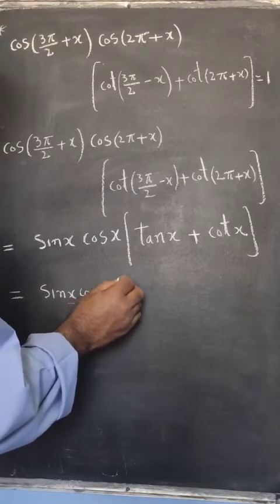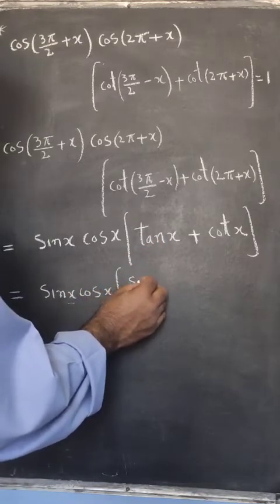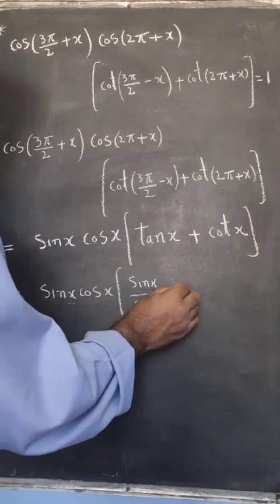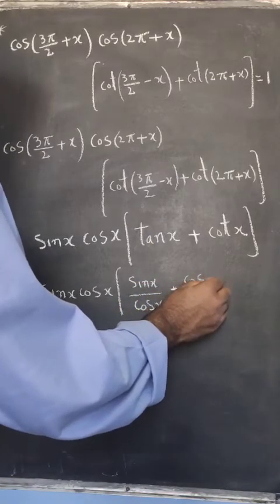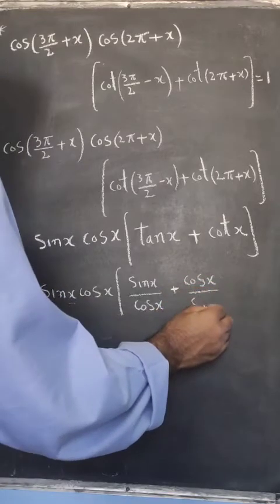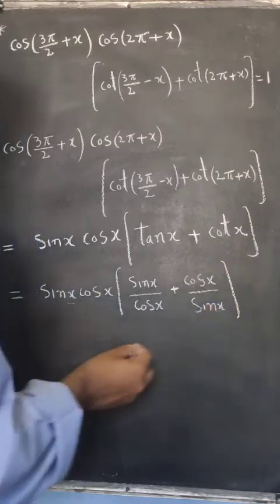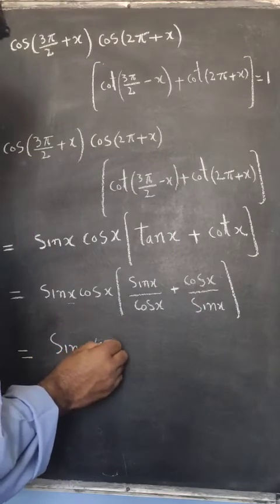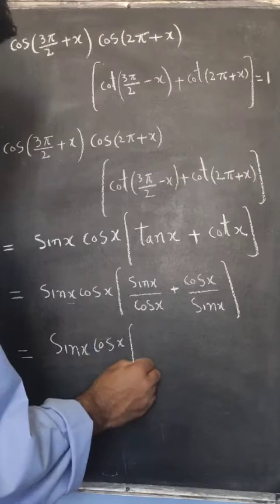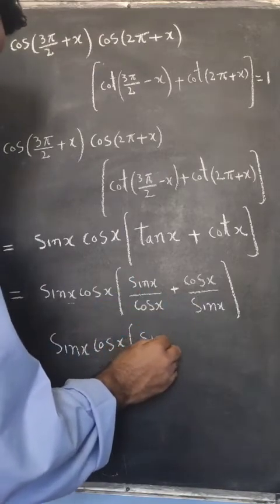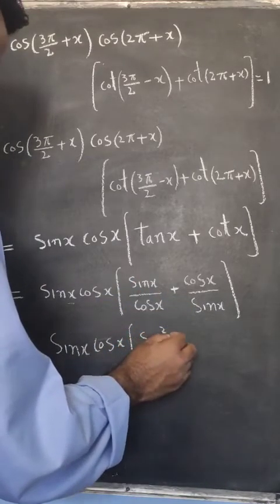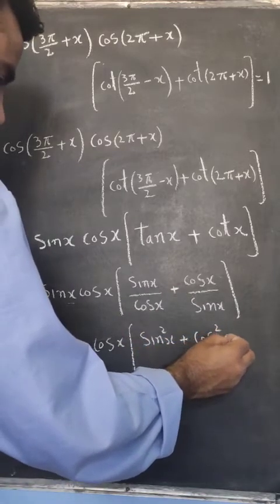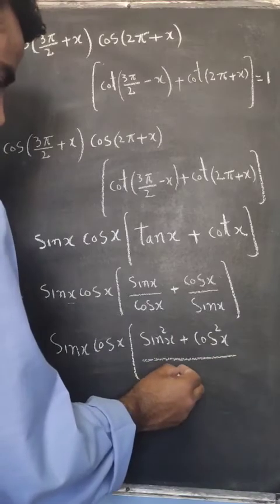which is further equal to sine x divided by cosine x. Instead of tangent we can write sine x divided by cosine x, and instead of cotangent we can write cosine x divided by sine x, that is further equal to sine square x plus cosine square x divided by cosine x